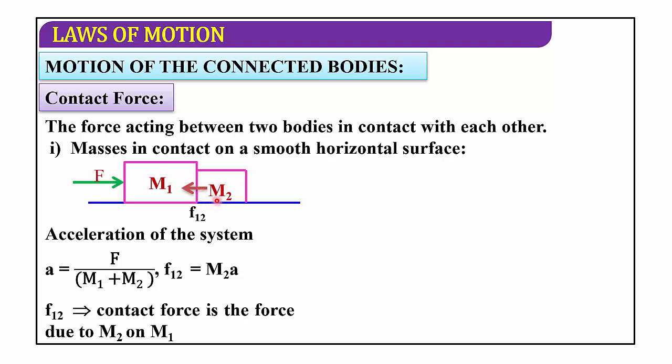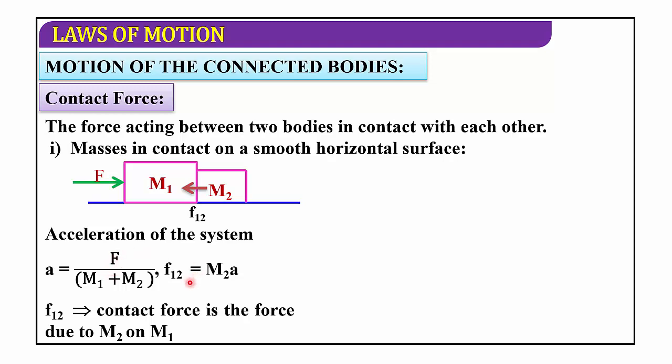So in these cases, how do we write the equation for acceleration of the system? Remember, you are applying force in the forward direction. Contact force is exactly opposite to that. So you go for this equation: A equal to F divided by M. You can remember F equal to Ma, or A equal to F by M. In place of M, you have two bodies, M1 plus M2. So this equation you can directly write. It is very easy. A equal to F by M, but there is not only one body here. There are two bodies, M1 plus M2. If there are three bodies, M1 plus M2 plus M3. Is it clear? This is the acceleration.